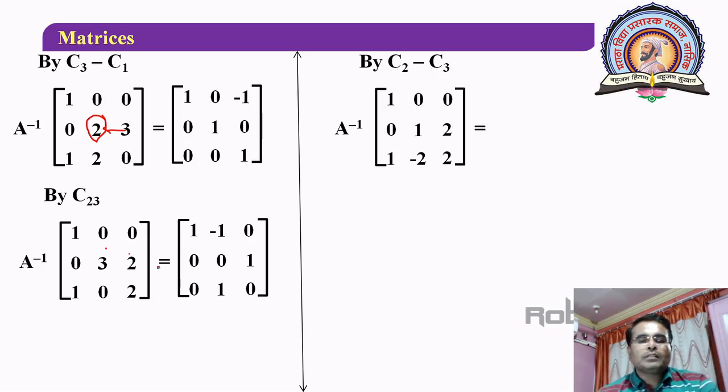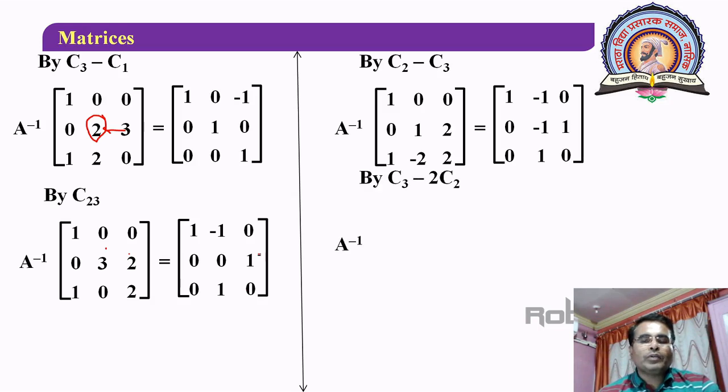Then the same thing on the right hand side, 1, 0, 0 as it is in the first column. But in the second column, minus 1 minus 0, it is minus 1. 0 minus 1, it is minus 1. 1 minus 0, it is 1. And third column, 0, 1, 0 as it is. In the next step, you have to consider reduction of this element to 0.